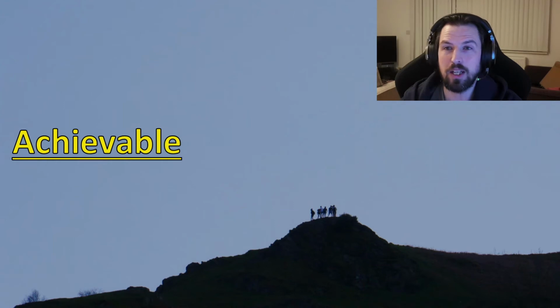So make sure what you're doing is achievable. Is it within your grasp? If it's just outside your grasp, that's perfect. If it's just beyond what you're capable of doing, it means you're pushing yourself further. It means that you're trying to get to that next level, that next step. And that means you are making significant progress, not just towards your goal, but as a person as well, because you are improving who you are.